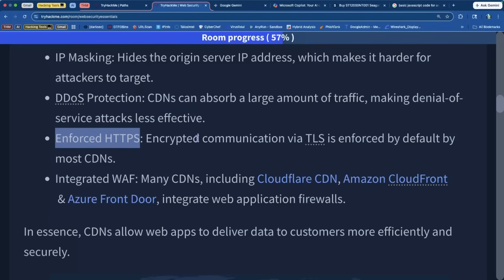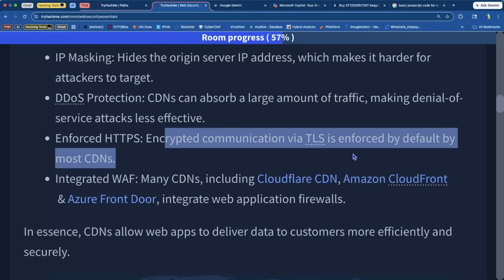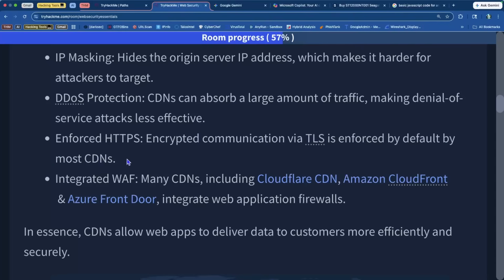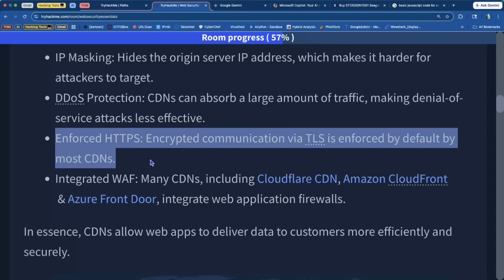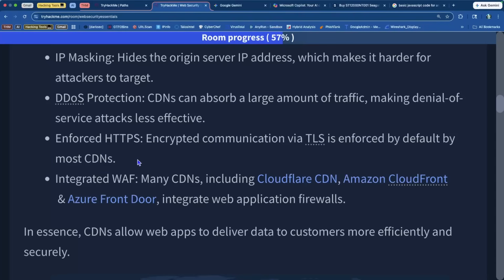Enforced HTTPS, which is encrypted communication via TLS, is enforced by default by most content delivery networks, which is basically encrypting the data that goes back and forth. So when you send your username and password, you want that to be encrypted so that if somebody's doing a man in the middle and they're watching the traffic, they can't capture that traffic